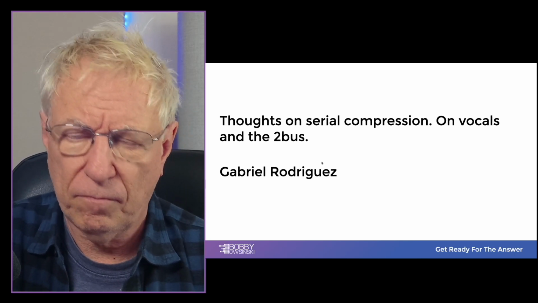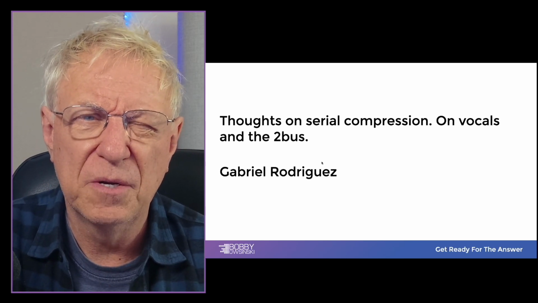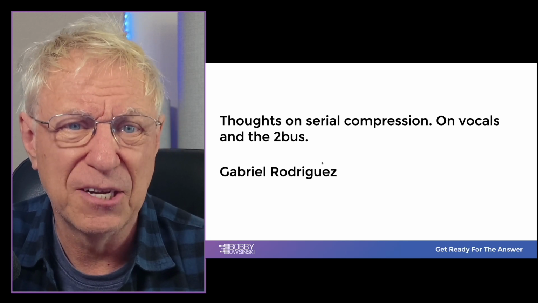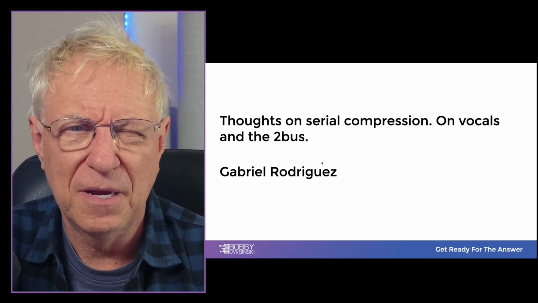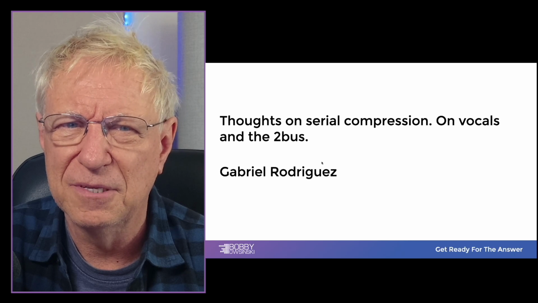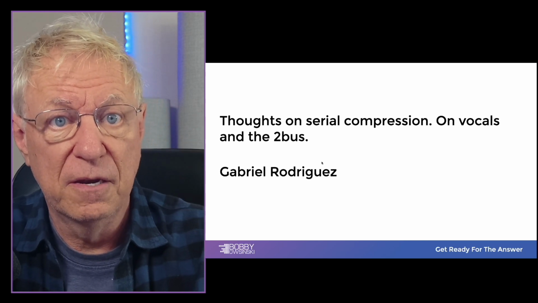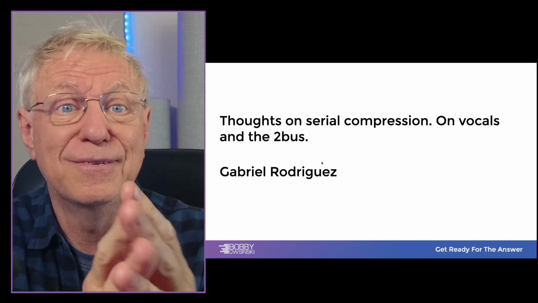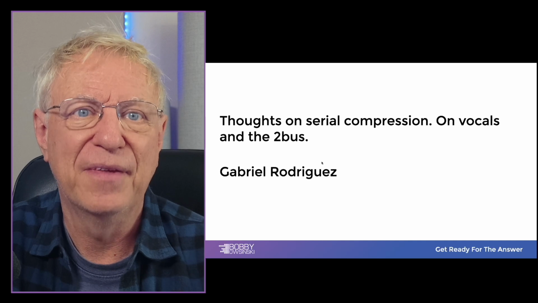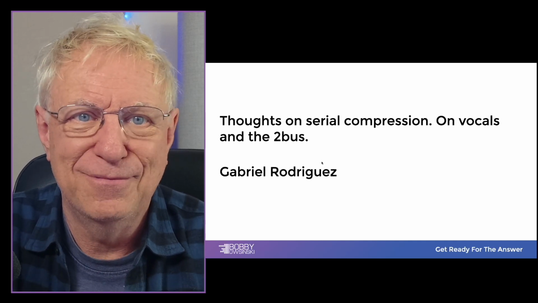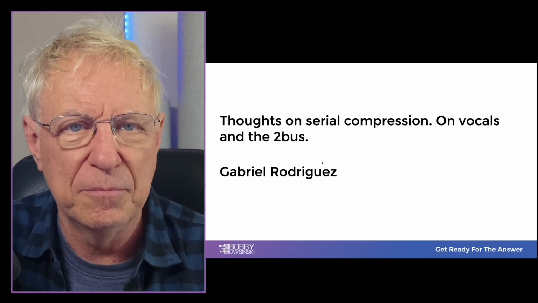So serial compression. The reason why serial compression works is if we were trying to do a lot of compression on just a single compressor, let's say we felt it needed 10 dB of compression, and when we got to about 6 or 7, it would start to sound really bad. It wouldn't sound natural anymore. Well, then it's best to divide it up across two different compressors. So one is doing 5 dB and the other is doing 5 dB if you need that much. You might even want to do 3. So there's 3, 3, and 3, something like that. And then you'd hear it even less, but you'd be getting the job done.